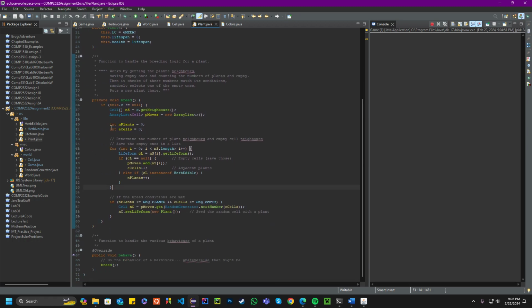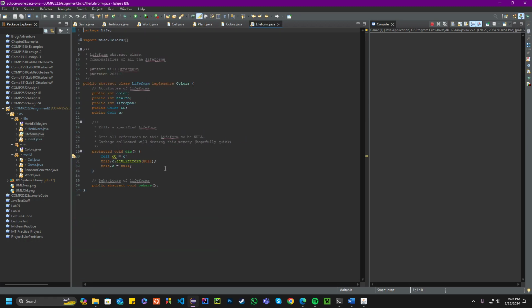Plants, well, actually, let's start with lifeforms. It's a simple abstract class. I'm just defining what all the life forms are going to have. They'll all have a behave and they'll all have a die, and I'll actually define the die here. So the cell is C, and then this.c.setLifeForm resets the cell's life form to null since it's dead, and then makes this have a cell which is null, so this doesn't point to the cell anymore. So all references to this should be destroyed, and hopefully the garbage collector gets around to destroying whatever that life